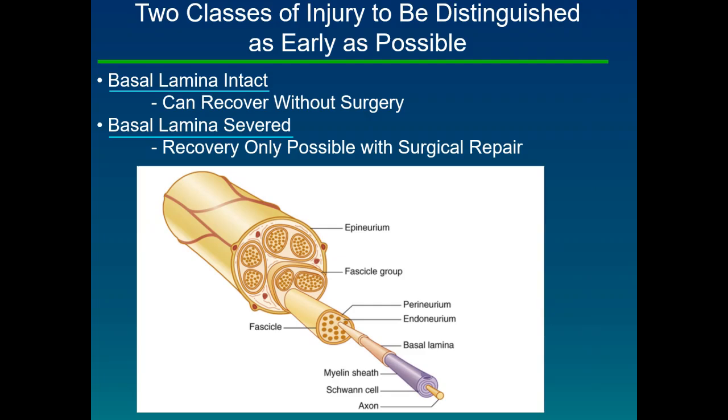So it's fair enough to summarize these two classes that if the basal lamina is intact, a severed axon can recover without surgery. But when the basal lamina gets severed, depending on the scale of the damage to basal lamina in terms of the fraction of the number of interrupted axons in a given nerve and the size of the nerve and how proximal it is, you have a situation where it may be that recovery can only occur with surgical repair,